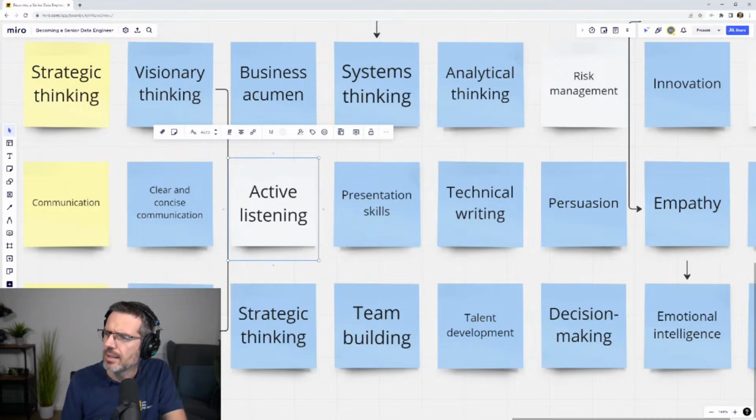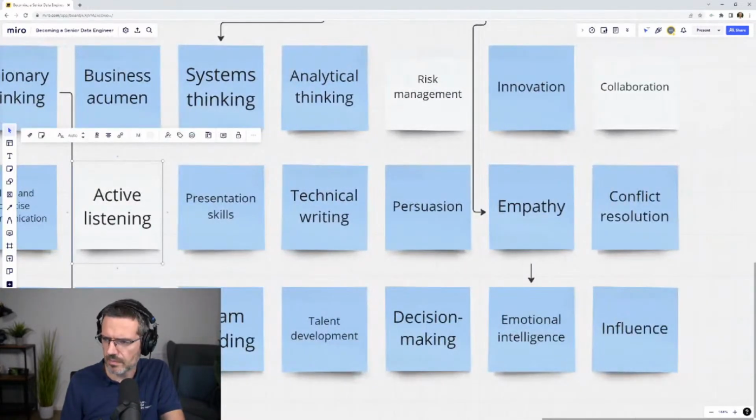What did it say here? To be able to communicate effectively with both technical and non-technical stakeholders and be able to explain technical concepts in simple terms. Yeah, clear, concise communication, presentation skills. Presentation skills is actually something a lot of people lack because they make it too complicated.